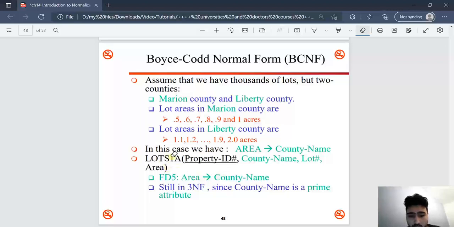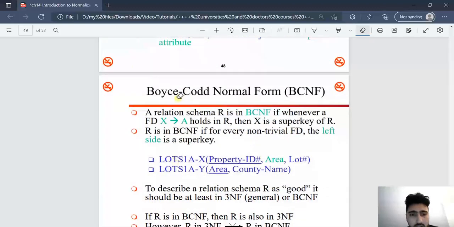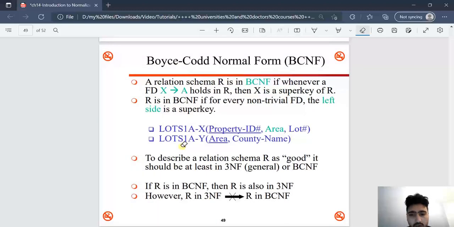So in order to put lots 1a in BCNF, we need to know what BCNF tells us. BCNF tells us that a relation can be in BCNF if and only if the left side of the functional dependency should be a super key. So the relation R is in BCNF if for every non-trivial functional dependency,